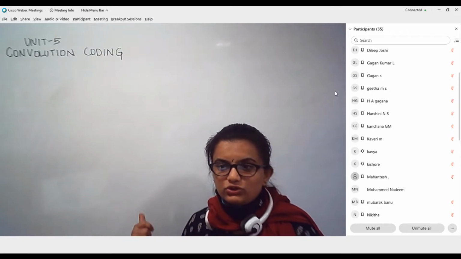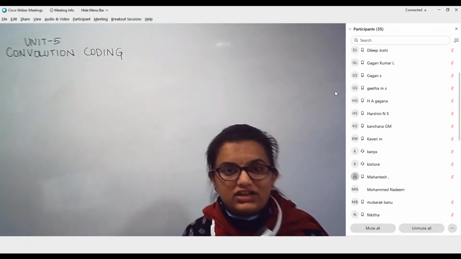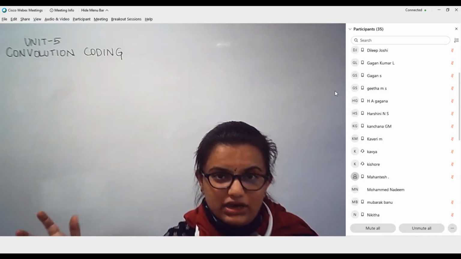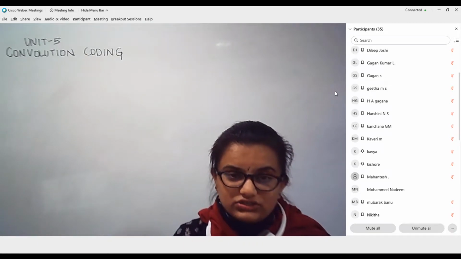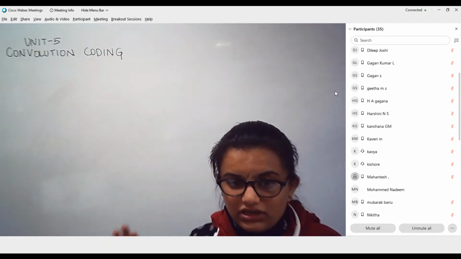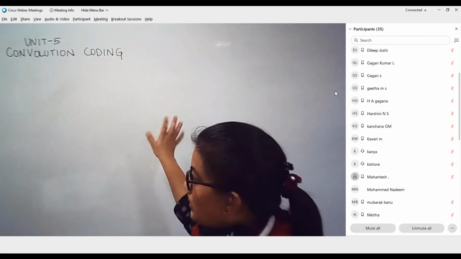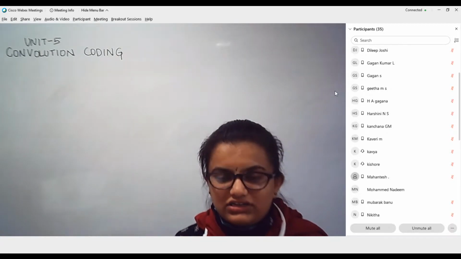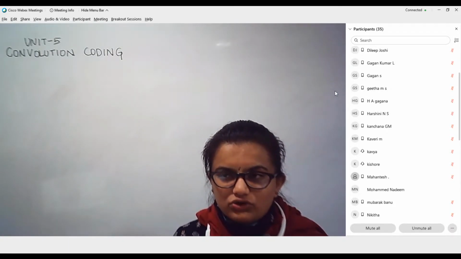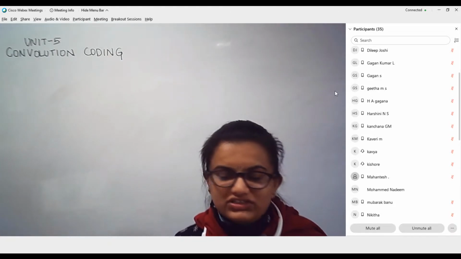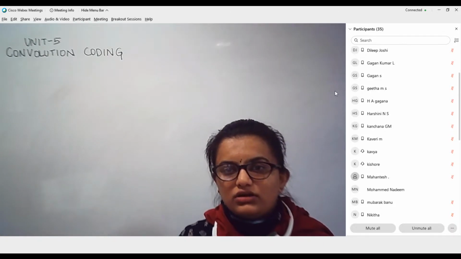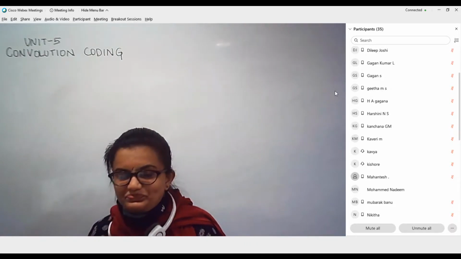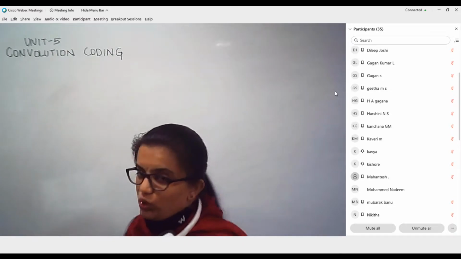When it comes to convolution coding, it is very efficient in terms of error correction, because it has a particular structure and a particular dependency on previous message information. So it is capable of error correcting in a very effective and efficient manner, whereas block codes are most efficient for error detection rather than error correction. Mostly if it is a 1 bit or 2 bit error, we can correct it, but if it is a burst error, the block code will fail to rectify those errors, but it can still detect them. Now coming to convolution code, what is this convolution code?